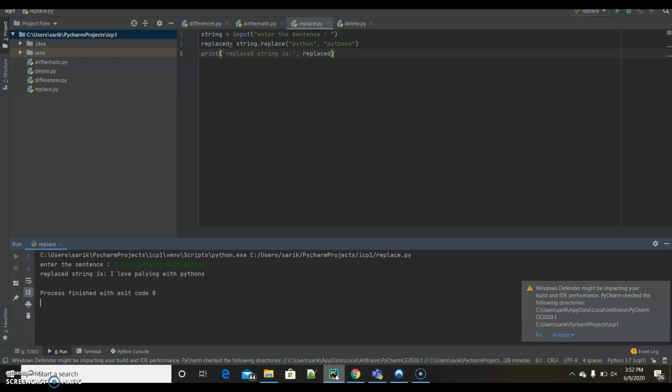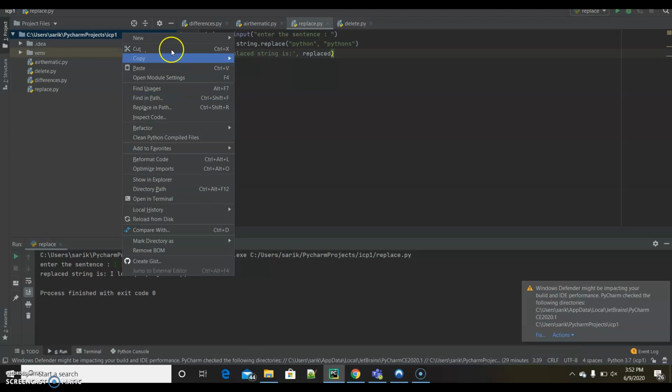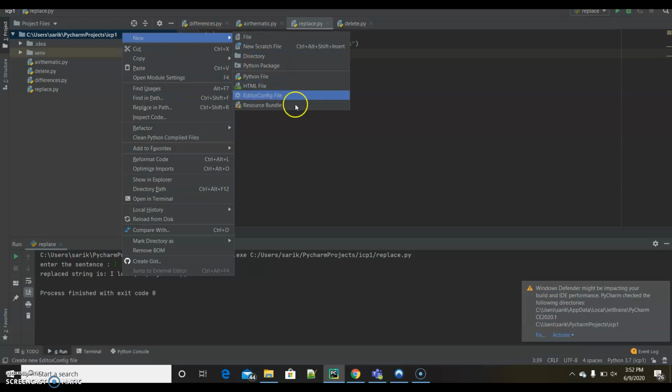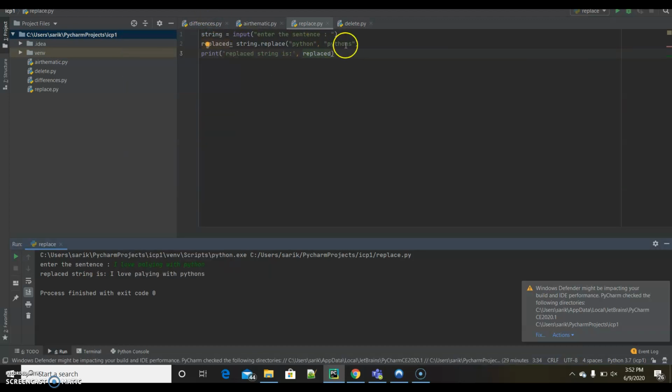Firstly, I have downloaded the Anaconda package, and then I have downloaded PyCharm, and then I have given an interpreter to PyCharm, which may be either the base interpreter or the anaconda.exe file. And then I have created a new project called ICP1 by selecting file, new project. In this we have 4 tasks, so I have taken 4 different files by right clicking, file, new Python file.